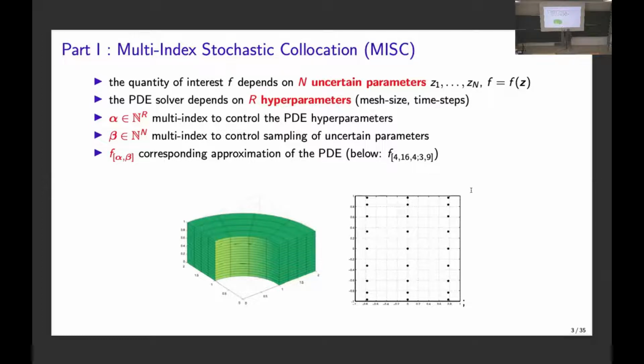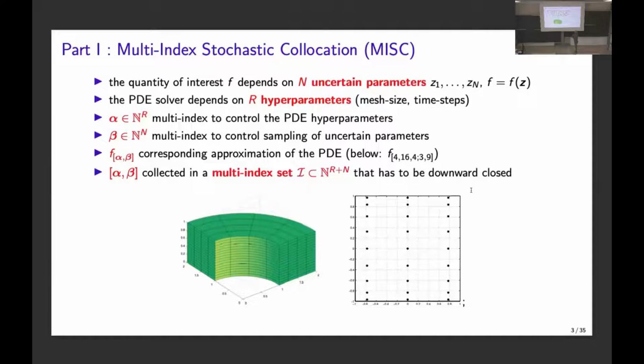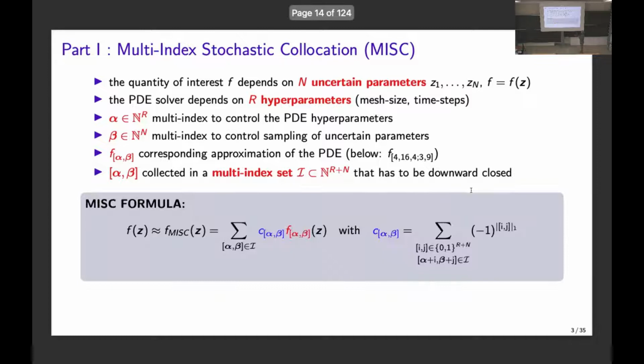So it's the usual combination technique, right? So I will do combination techniques on F of alpha beta. So I need to prescribe how many and which alpha beta I want to use. They will be in a multi-index set I, and then you have the usual combination technique formula. Okay? So this is a combination technique formula, not the usual one on beta only. This is a combination technique on alpha beta.